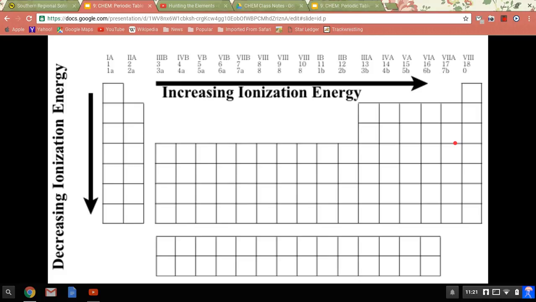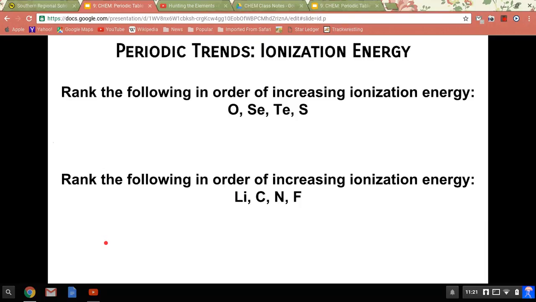So here is the general trend of first ionization energy on the periodic table. You have increasing as you go across the period, decreasing as you go down a period or down a group. All right, so let's take a look at certain elements to try to put them in order of increasing ionization